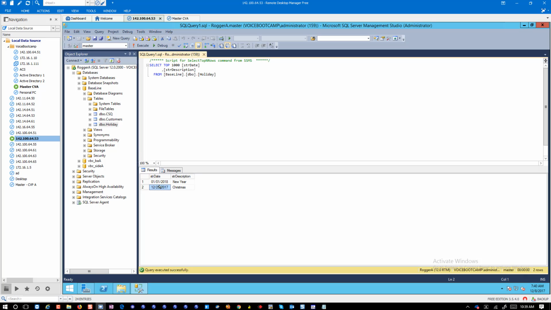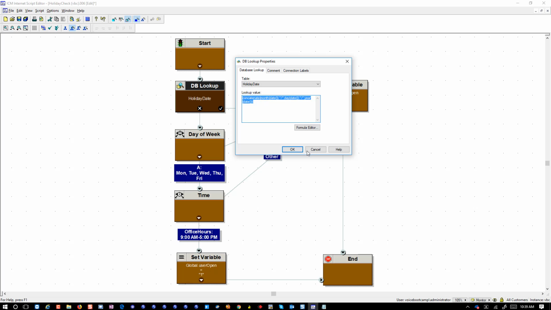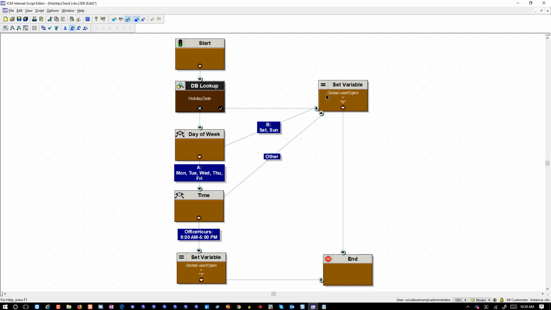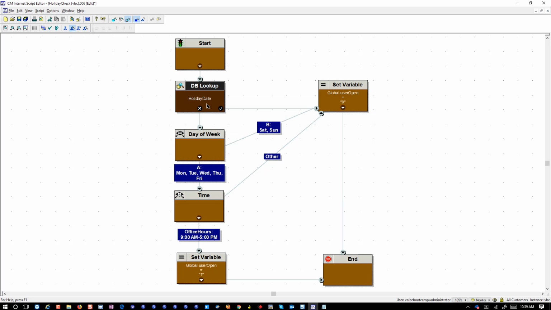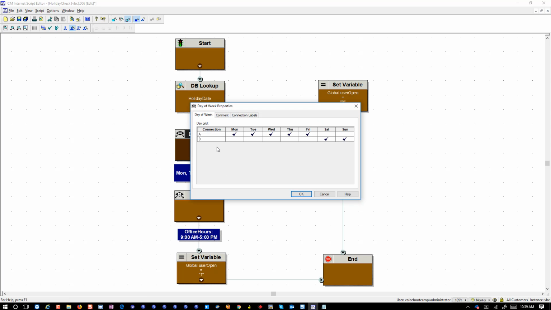So I have to date. If this is true, if a match is found, we're going to set the user open variable to 0. 0 means office is closed. User open is another variable that we have created, going to be 0. If no match occurs, then we're going to check for the day of the week. Pretty straightforward steps. A for Monday to Friday, B, or you can call this